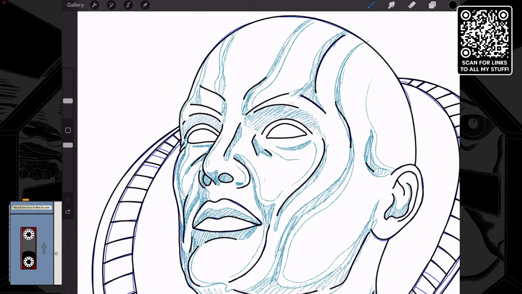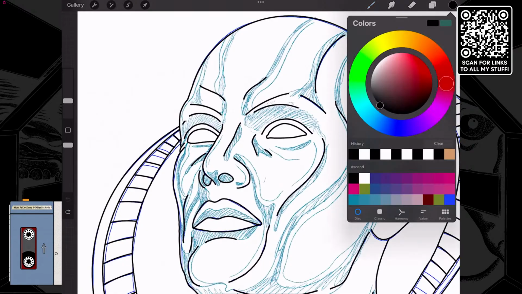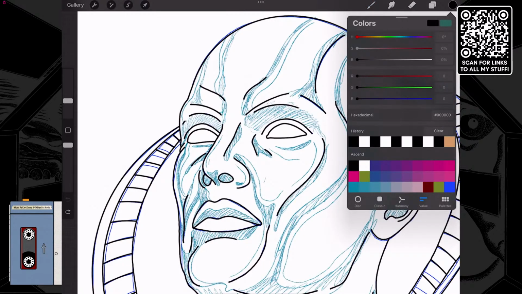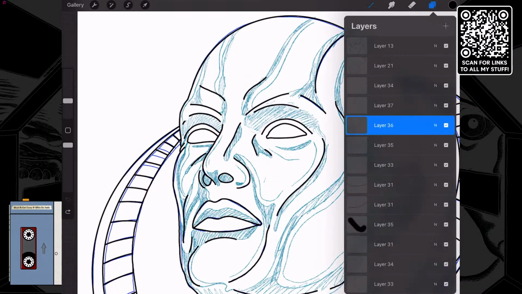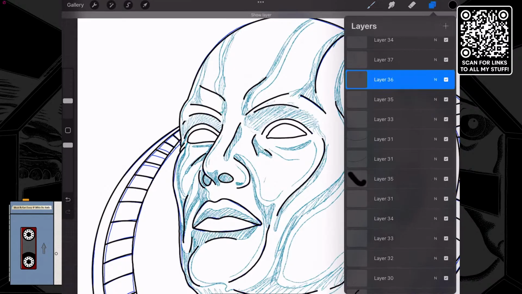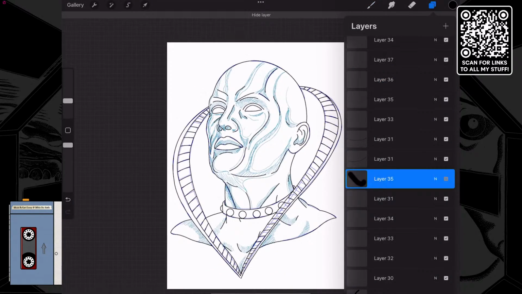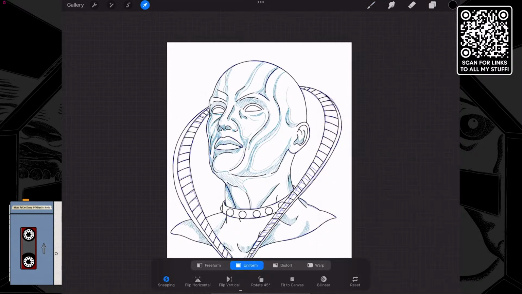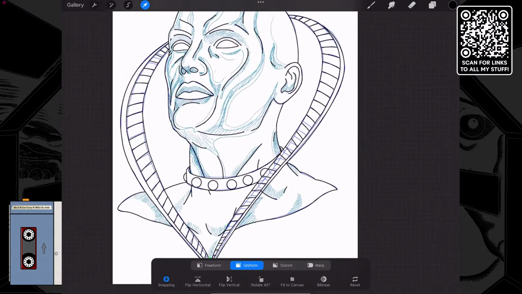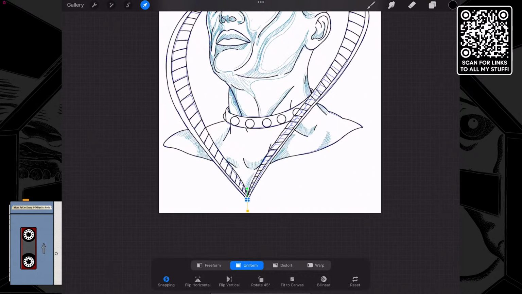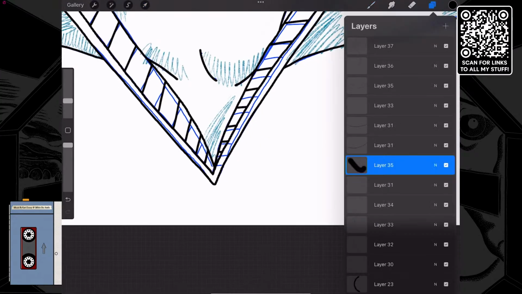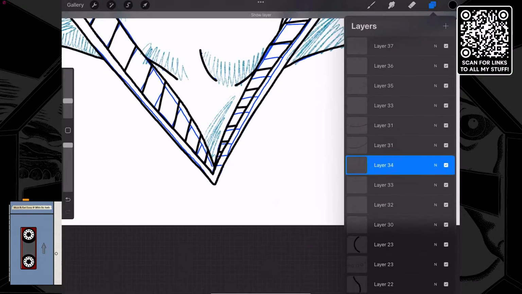Actually, you know what? That might be a good idea, to do this as a blue color, instead of doing black. I'm going to do a new layer, number 1. What is this and where is this? Where was that? Hold on a minute. Oh, I know what that was. That was sealing the bottom of this collar. I got it. So this all needs to just go together because it's basically the same thing.